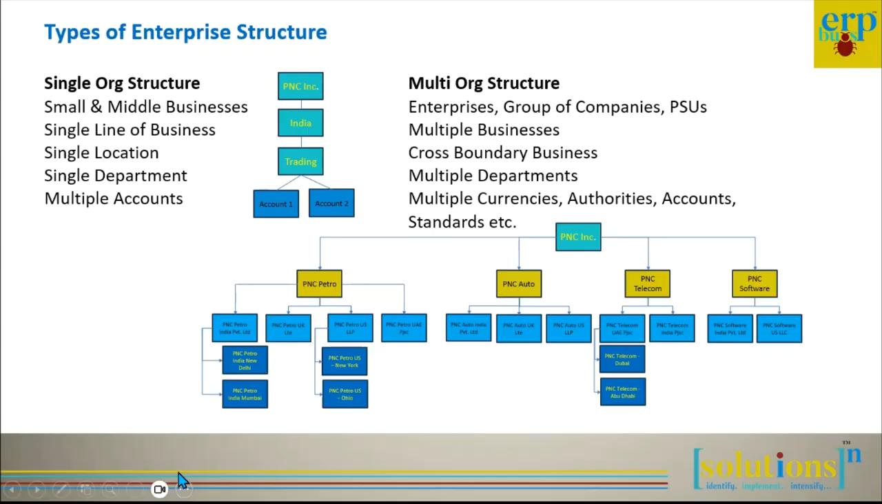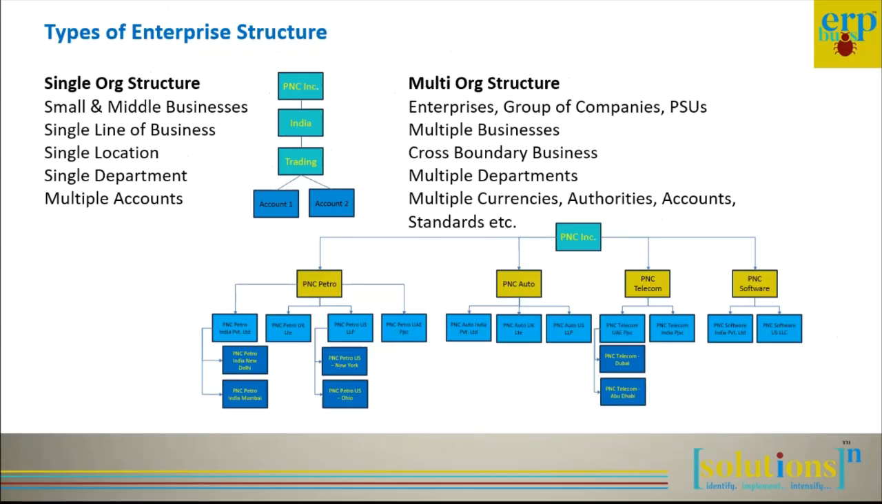But at some point in time, if you look at this pictorial presentation, when it goes to the account level, it becomes a multi-org. But that is not considered multi-org because the organization from top to bottom, till the business type or line of business, is single, single, and single. So it's a single org structure. Then this is a complex org structure, multi-org structure, where